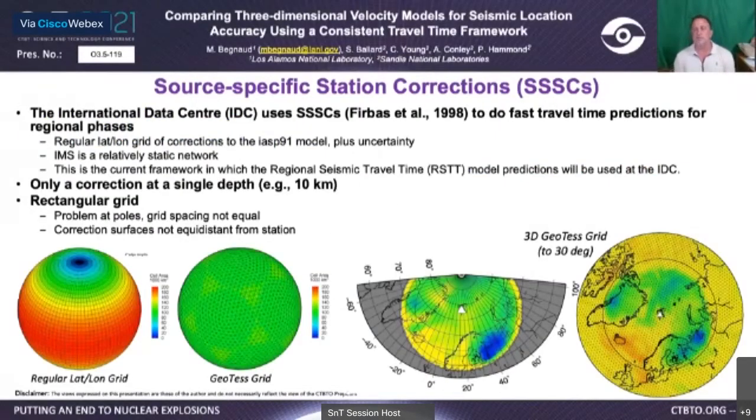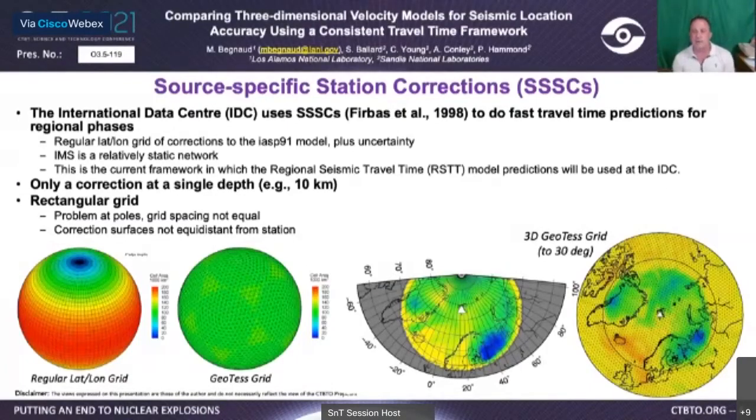What has commonly been used in travel time lookup tables is a format called source-specific station corrections, or SSSCs. The IDC uses SSSCs to do travel time predictions for regional phases, and they are generally a lat-long grid of corrections to the ak135 model plus uncertainty. The IMS is a relatively static network, so this is computationally feasible and fast. This is the current framework in which the regional seismic travel time model and predictions will be used at the